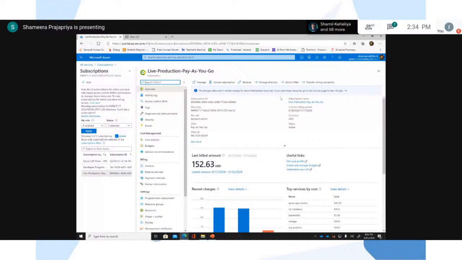Another is the partner model. There is a partner ecosystem in Microsoft. Corporates can come on board with partners, so they will get special support and pricing. The partner model is for SMBs. Enterprise is for very large companies which have more than 300 employees and services, so they can come with enterprise